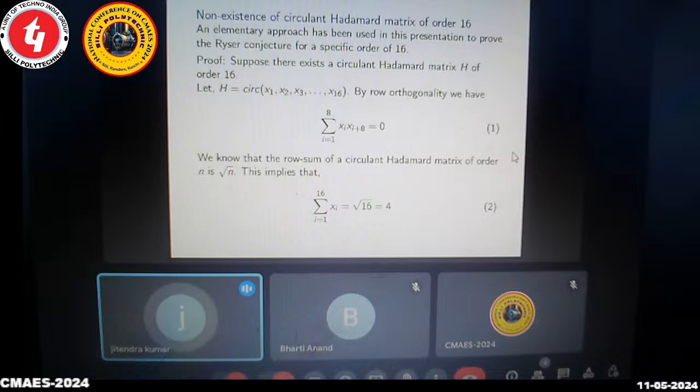We have supposed that there exists a circular Harmon matrix of order 16, and then this matrix will be H circular x1, x2, x3, up to x16. It is the first row of the matrix H, and by the property of Harmon matrix, orthogonality, inner product of the